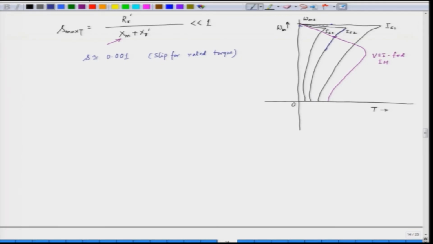So, the operating region here is the so called unstable region of the CSI. So, it means if we want to operate the CSI with constant air gap flux, we have to have a closed loop to stabilize the unstable CSI. So, a CSI is never operated under open loop condition. A CSI fed induction motor drive is always operated with a closed loop feedback.